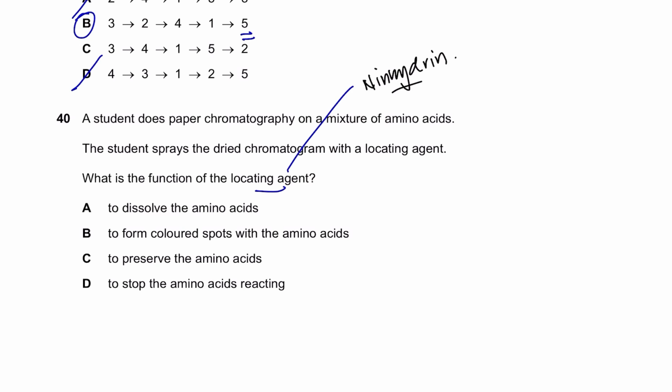So to dissolve the amino acids, no sirree. To form colored spots with the amino acid, yes sir. And these are purple with ninhydrin. To preserve it, no. To stop the amino acids from reacting, no sir. So that was basically this